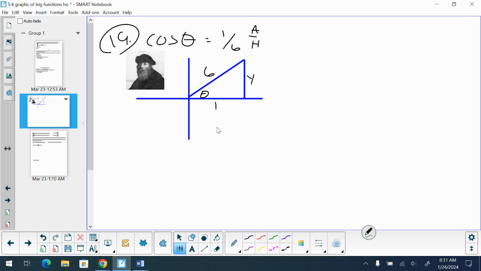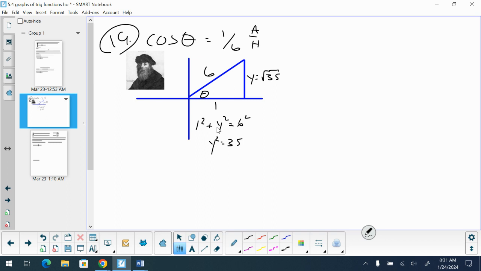I'm going to give this a y. So we have 1 squared plus y squared is equal to 6 squared. Subtracting 1 over, y squared is equal to 35. So y is equal to the square root of 35. Once we get our triangle set up,